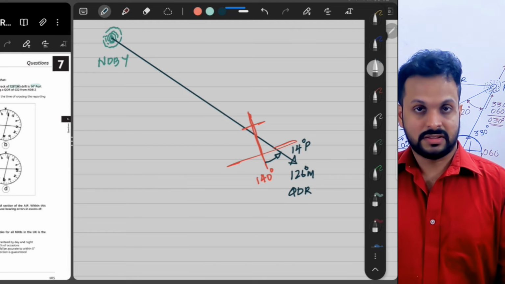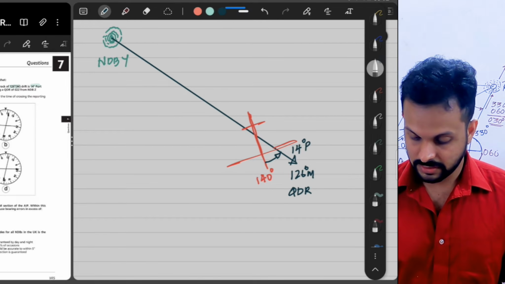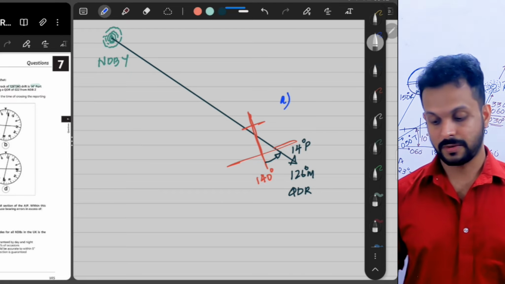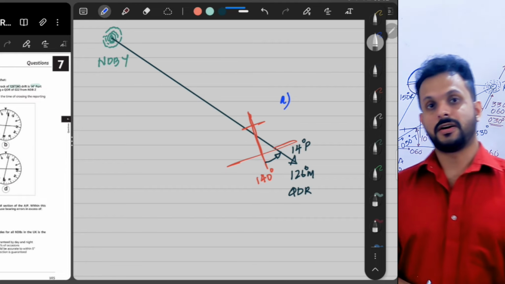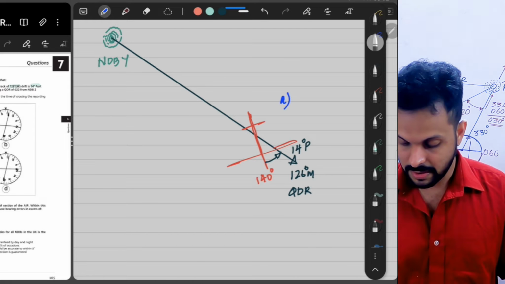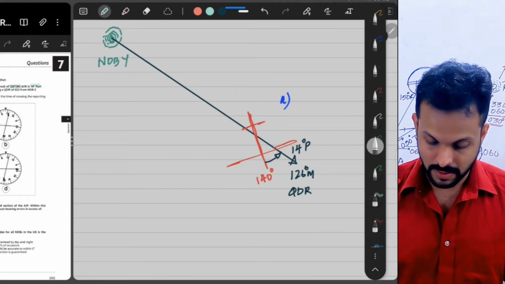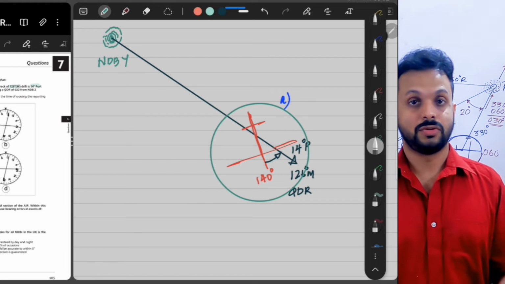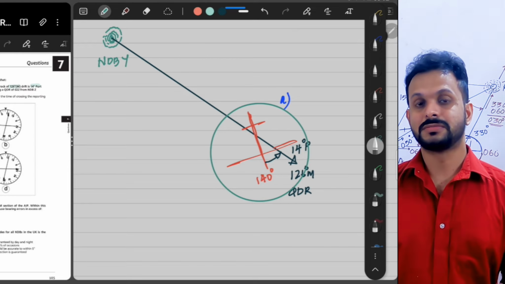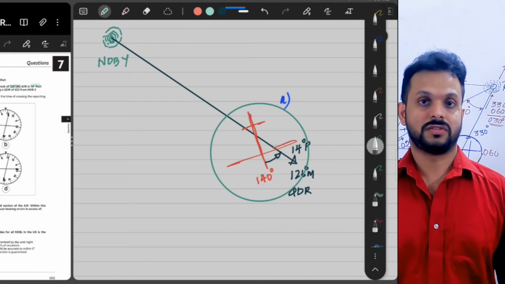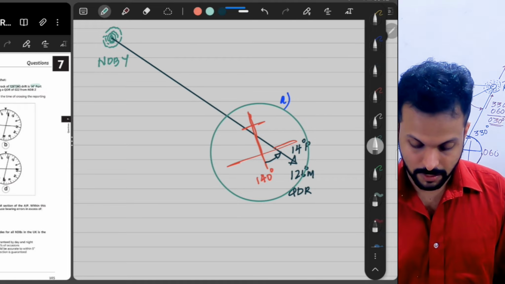This is the assumption alpha, right? So what we have just drawn here is your assumption alpha, that part of it. Let's now draw the RMI indication with this assumption alpha. To draw the RMI indication, it's always recommended to draw a dial around the aircraft. As you know, the ADF needle is least bothered about which direction you're traveling. It only points towards the NDB to which it's locked on. So the aircraft is here, and now let's draw the